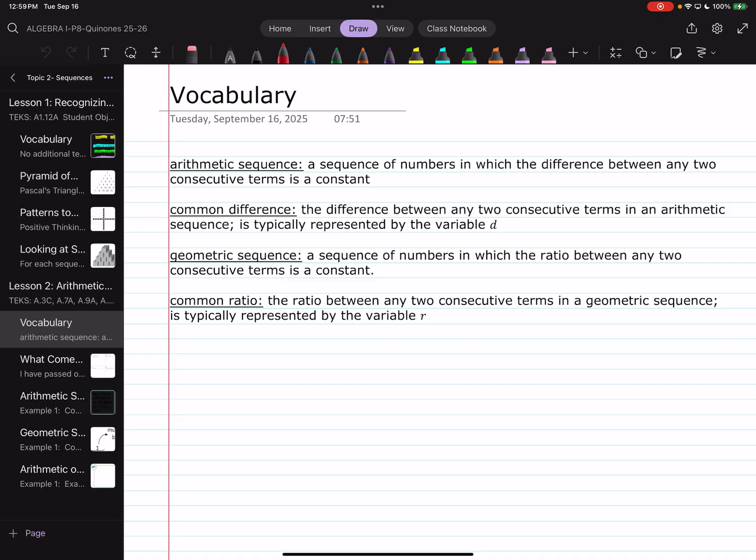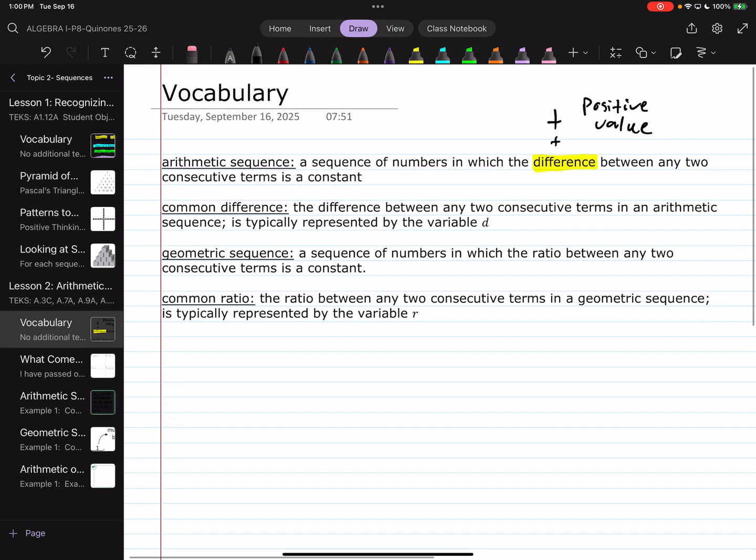For arithmetic sequences, there is a difference between them. As I go from the first term to the second term, to the third term, to the fourth term, the way they increase or decrease is the same, right? And you can see this by one operation. We can either add a positive value to the first term to get to the second term, or we could add a negative